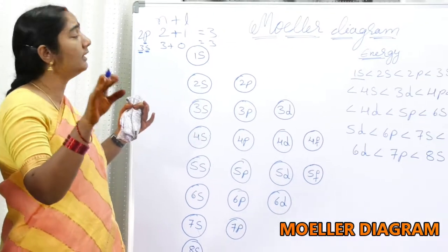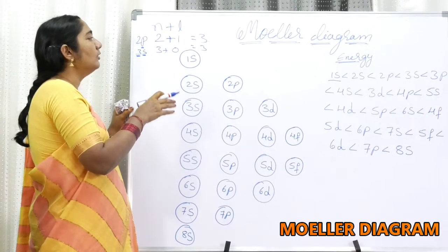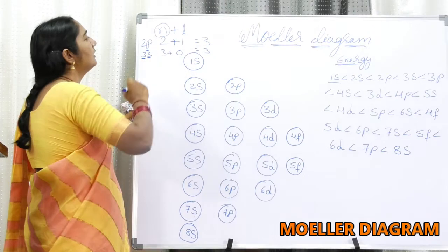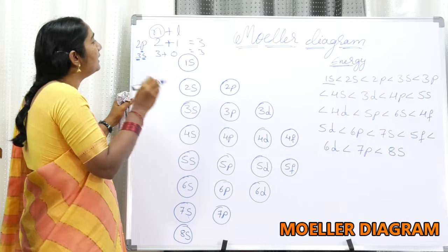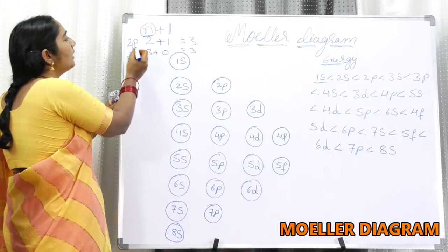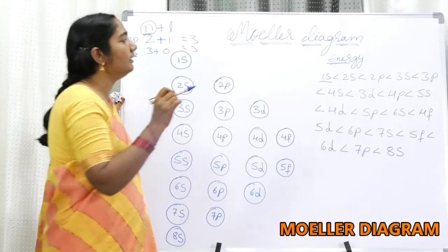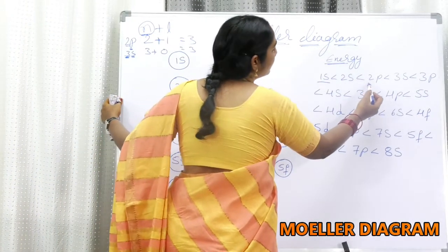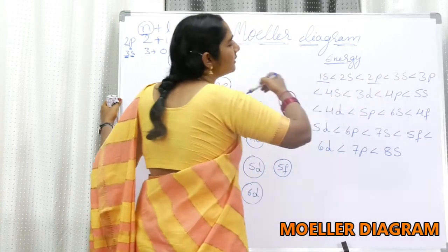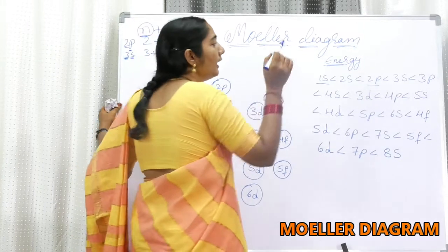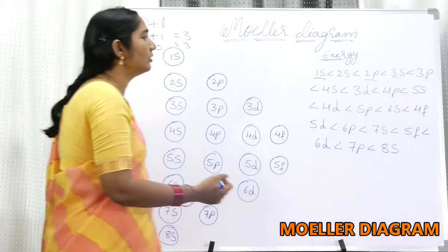In such a case, the electron will select the orbital whose n value is least. If the n plus l value is the same for both, you have to see which has the least value of n. In this particular case, between 2 and 3, 2 is less. That's the reason why after 2s it goes to 2p. Actually, 2p and 3s both have the same energy, the same n plus l value. But the n value is less in the case of 2p than that of 3s. I think now you understood.